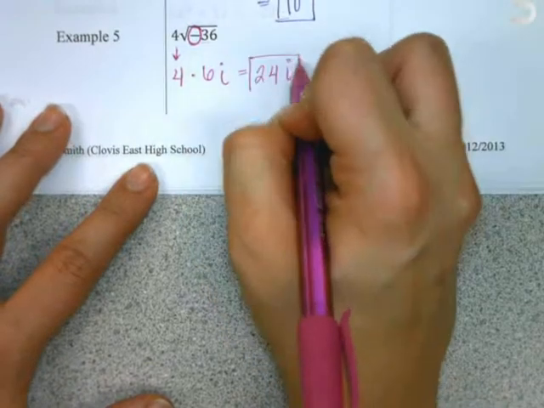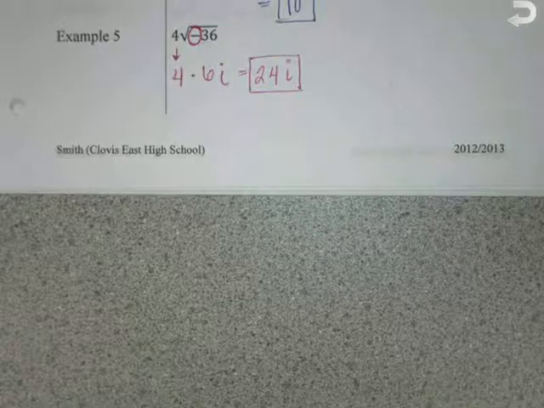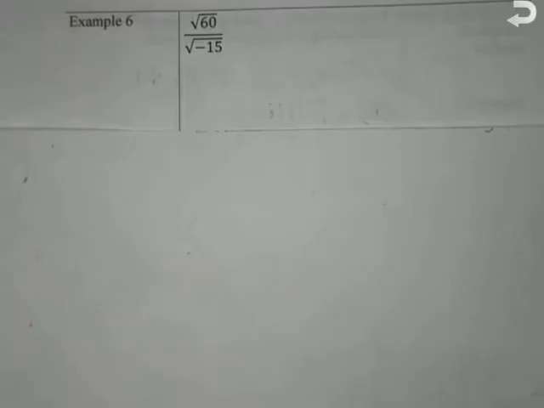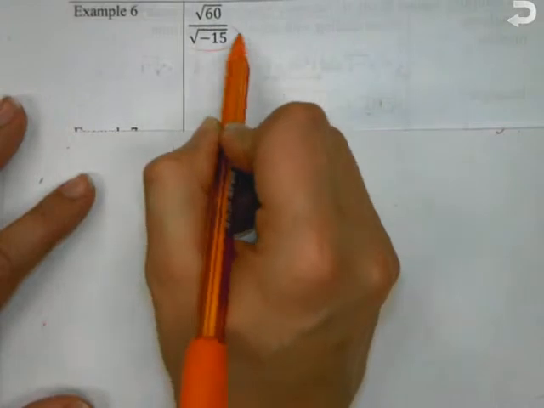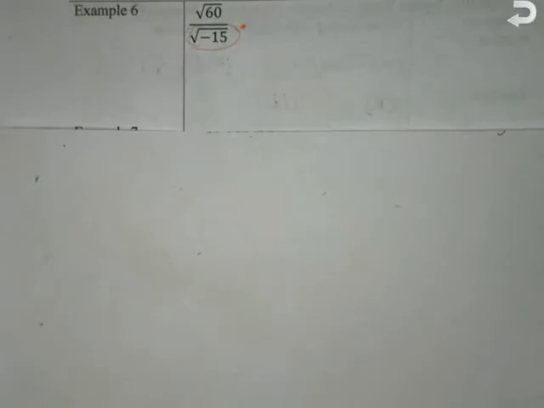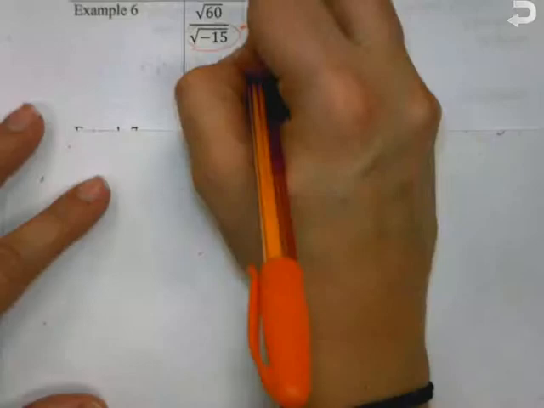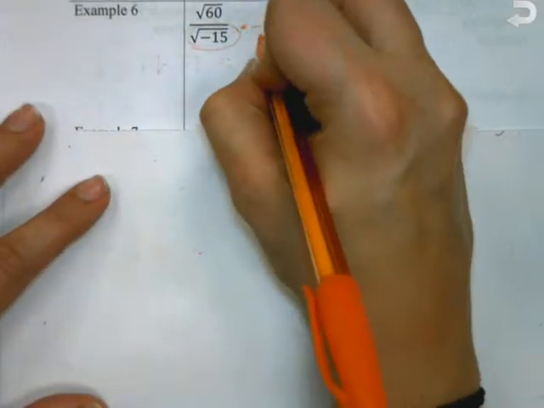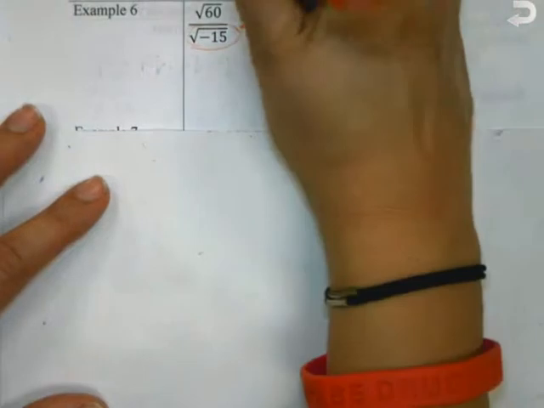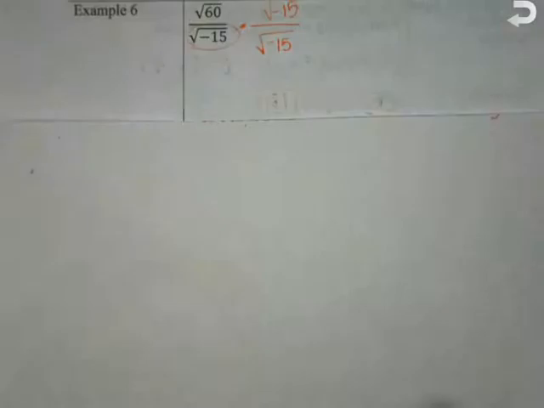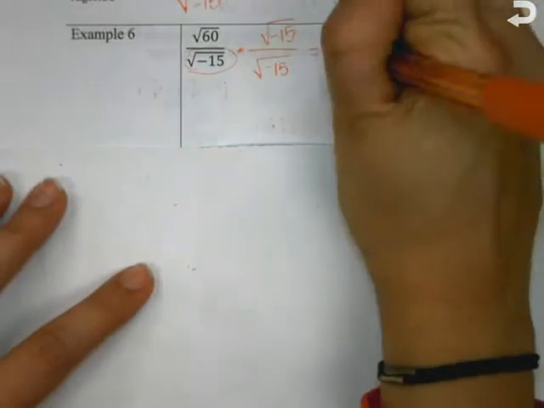Example 6. Root negative 15. Okay, I see a big no-no. What do you guys see? So how do I get rid of that? We need to multiply top and bottom by the square root of negative 15. And that's going to give me on top the square root of 60 times negative 15, which gives me negative 900, all over